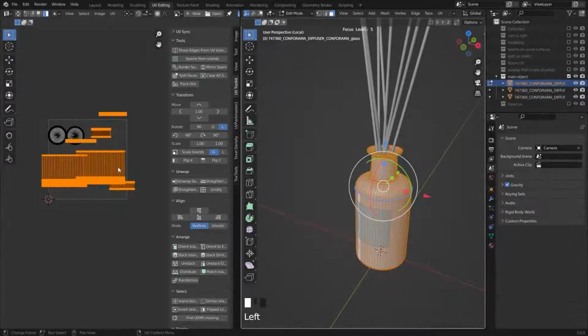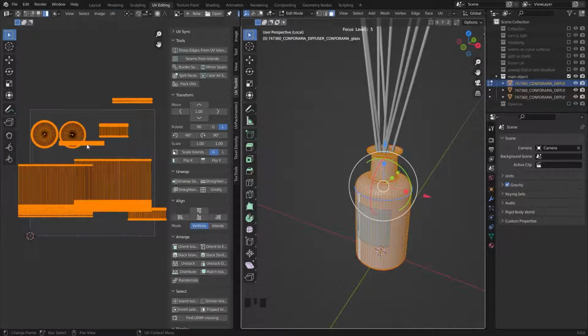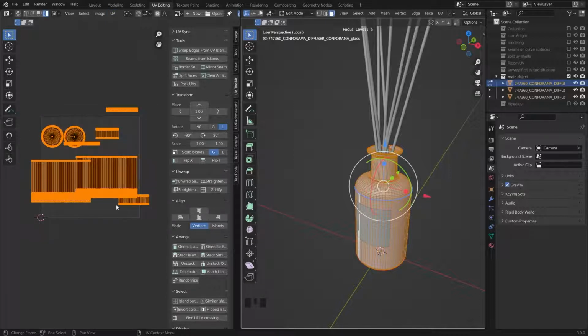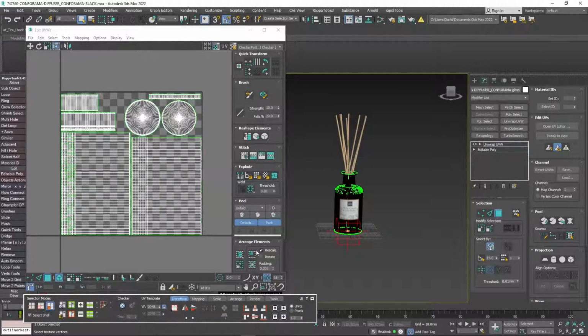Next thing that is so important is all your UV shells should have the same density. Okay, in Blender I can go here and select average island scale. You can see it scales some of the UV shells to make them completely equal. In 3ds Max, you can check this here, rescale. As you can see, you should turn on the checkbox and click on this. It packs your object and also averages the density.